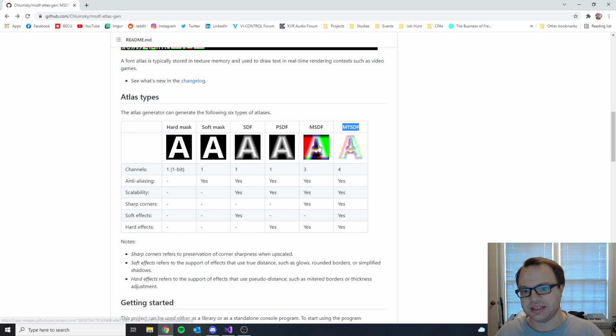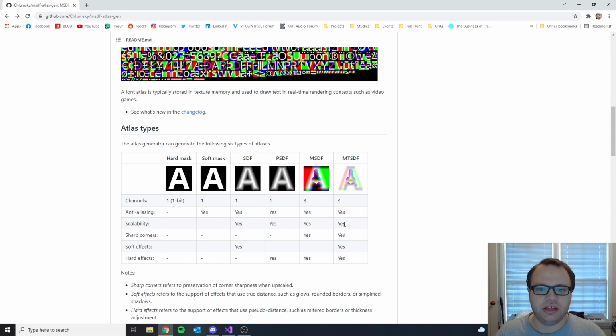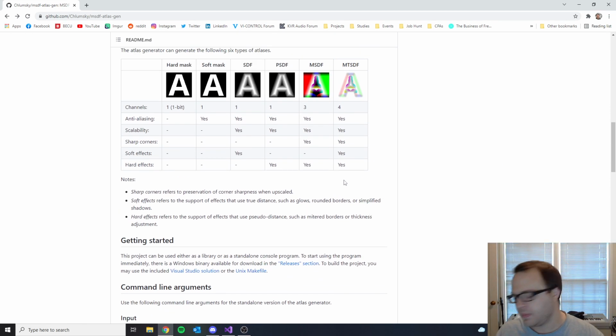MTSDF is that plus a regular signed distance field plugged into the alpha channel, and that's important because there are some effects where you want the distance field to be rounded on the corners. If you wanted to do a glow effect, for example, on the text glyph, then you could use the multi-channel signed distance field to do that, but it would give you a uniform edge, kind of like a mitered edge. So it might still look like a glow,